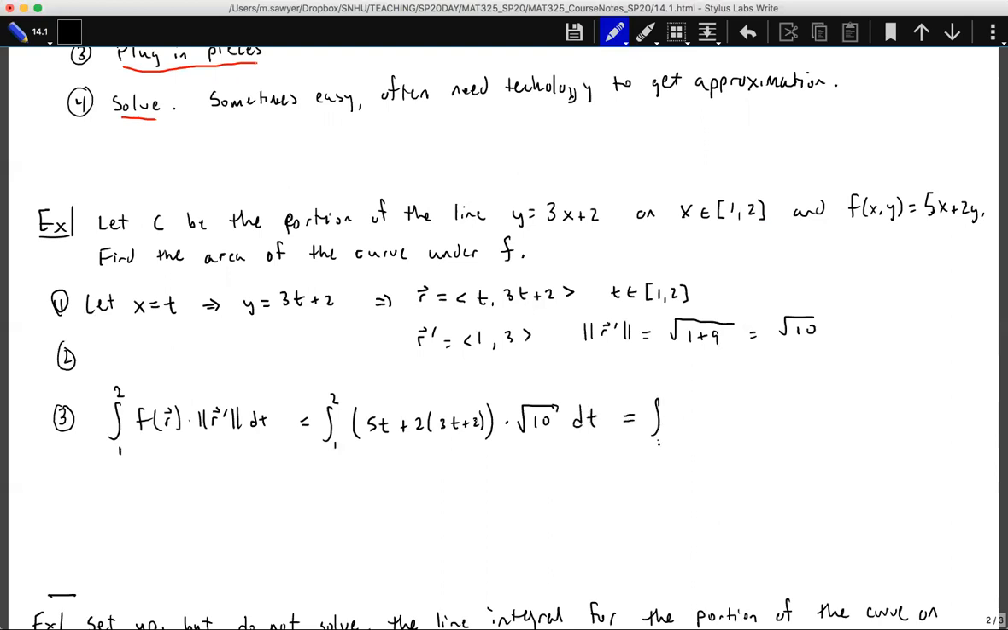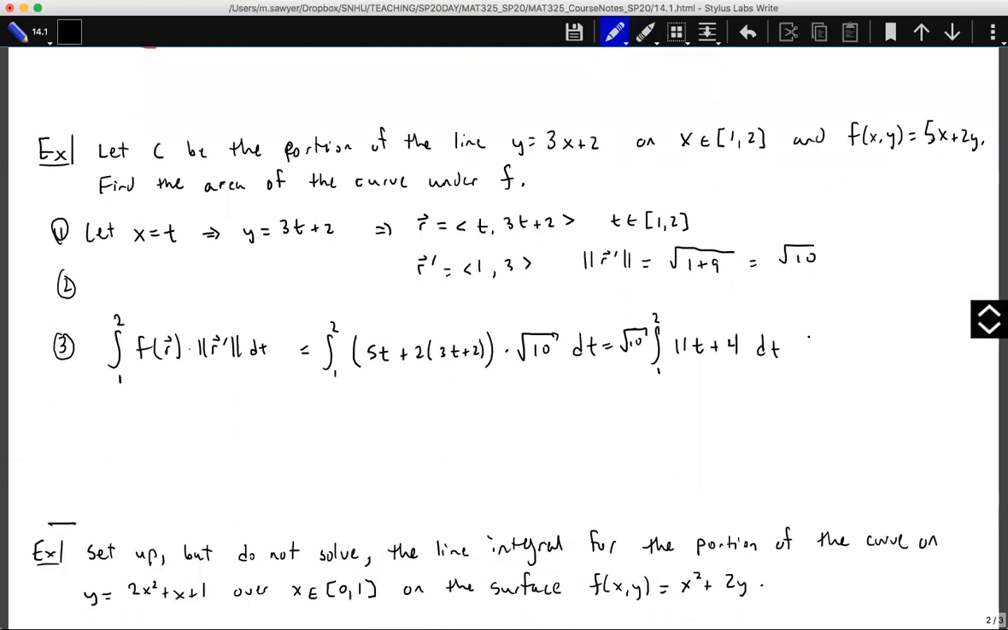So simplifying this, this becomes the integral from 1 to 2. Let's pull the square root of 10 out front. Since it's a scalar, we can pull it all the way out front. So we have 11t plus 4 dt. And this is a simple problem to solve. We can see that this is square root of 10 times 11 halves t squared plus 4t evaluated from 1